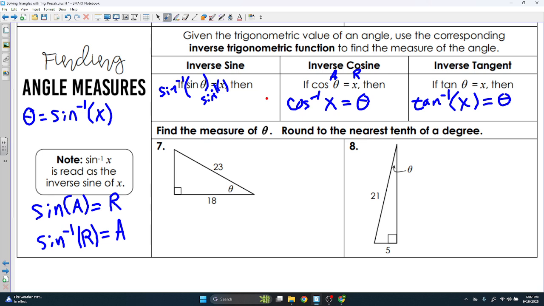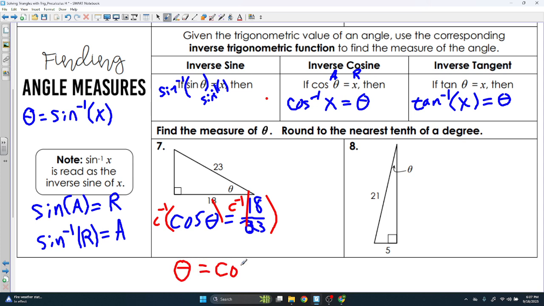Well, still we'll use cosine of theta equals 18/23. So we did adjacent over hypotenuse. Now what we do is to basically flip this on its head. To undo this, we use arc cosine on both sides. So technically what we're doing is we're doing this on both sides. Okay, this is a little bit crude in how I'm doing this, but that's going to essentially cancel that out and give us arc cosine, or cosine to the -1, of